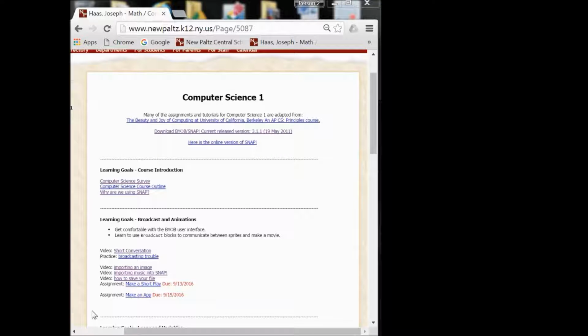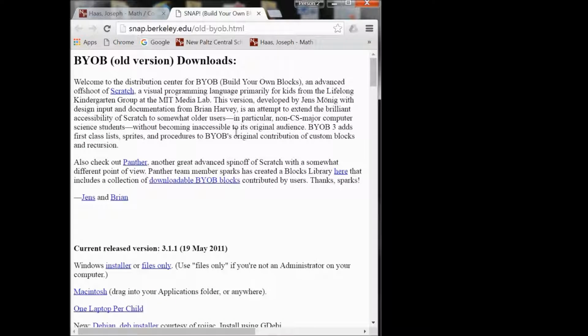If you want to work on your projects at home, it's really pretty simple. The first thing that you need to do is download BYOB or Snap, and you can find the link to that right on the Computer Science One website, which you've been to many times. So you click on that link, and the one that you need to download is the current released version 3.1.1,